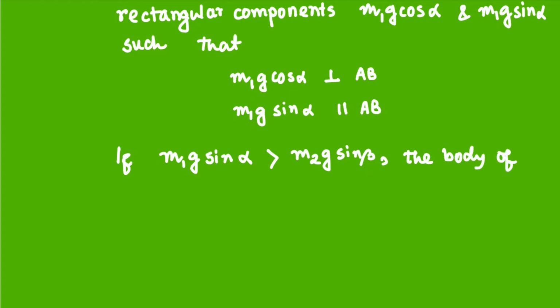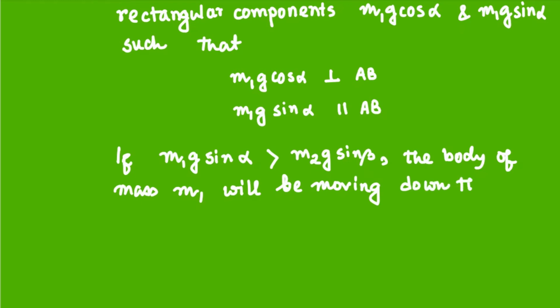The body of mass m1 placed on the inclined plane AB will be moving down the inclined plane AB with an acceleration a,